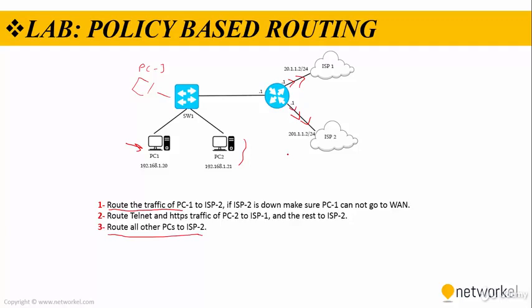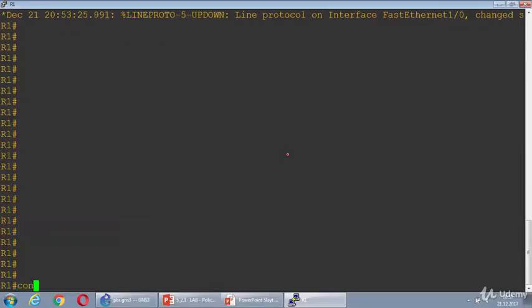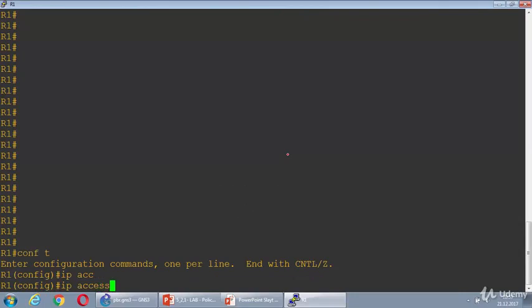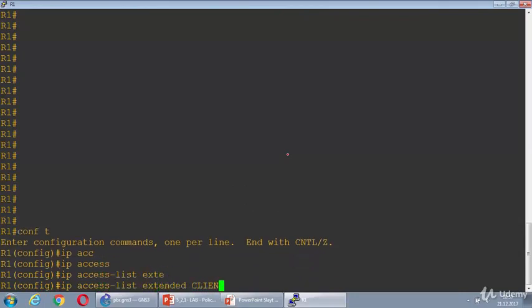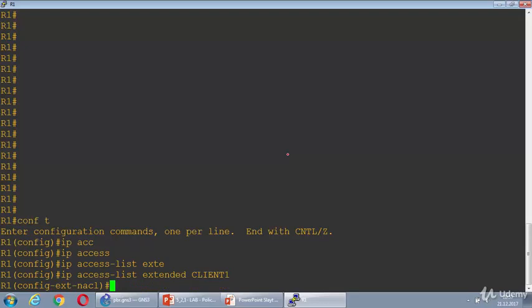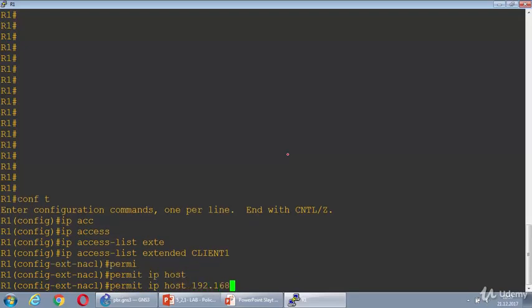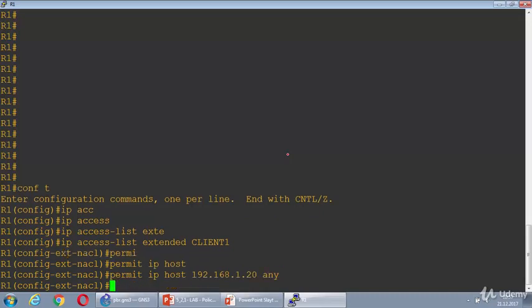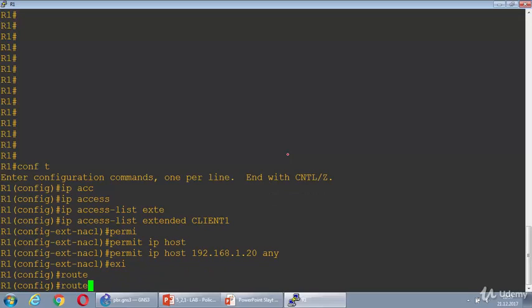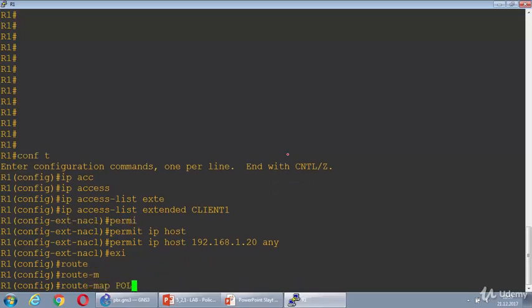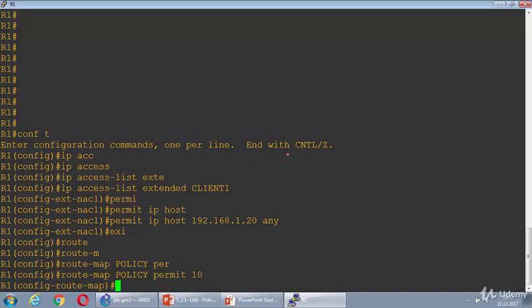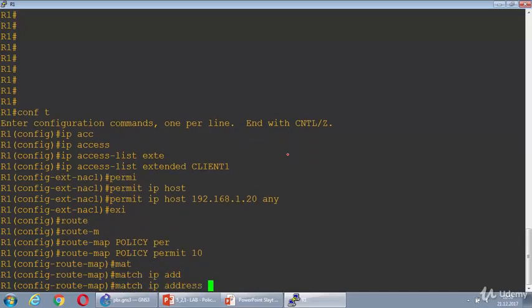I'm going to my router to create some access lists. Alright, router 1, IP access-list extended, the name will be client1 this time. Okay, I'm going to permit IP host, the IP address of client 1, then exit. Then I'm going to create a route map whose name is policy: route-map policy permit 10, then match IP address client1,